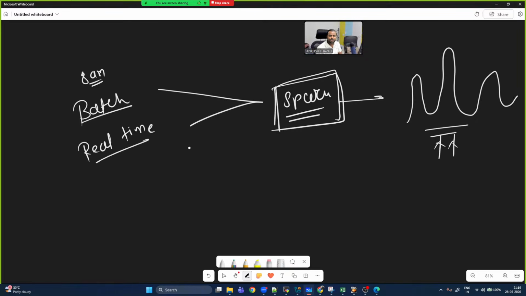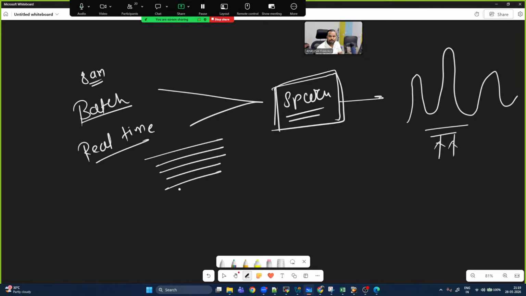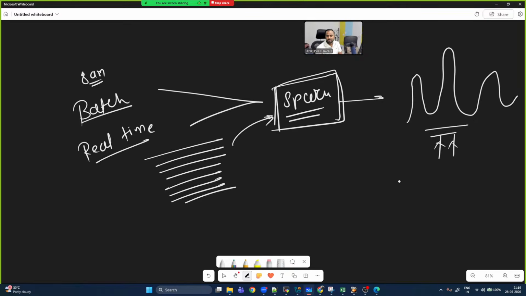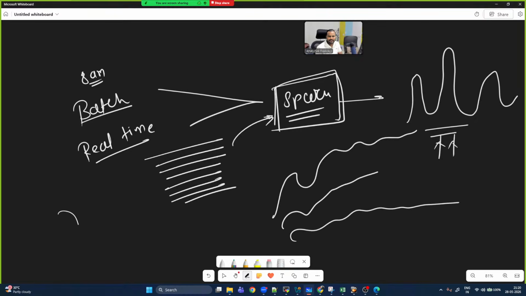Real time data means every second you are getting a new record, and you are going to process it with the help of Spark. Just take cricket, right? Every second, every minute a new ball is going on, and you can see the live changes there, right? The graph of Mumbai Indians, nowadays Mumbai Indians is going down, the graph of GT and Rajasthan Royals almost the same, right? So you can see it quickly in real time.